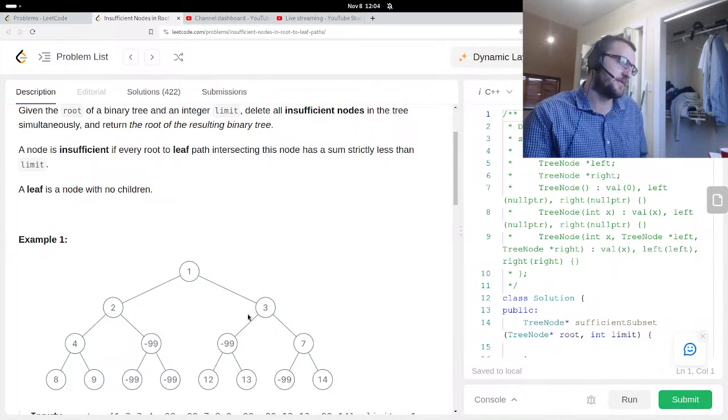1 minus 4 is negative 3. Negative 86 is less than negative 3, excuse me. Yeah, negative 3. So then this is insufficient too. So this gets deleted, this gets deleted. And this one doesn't get deleted though. This one doesn't, because